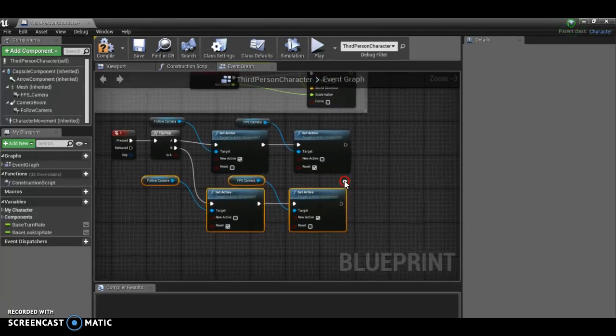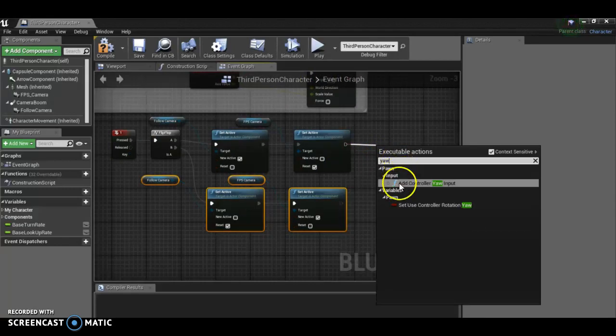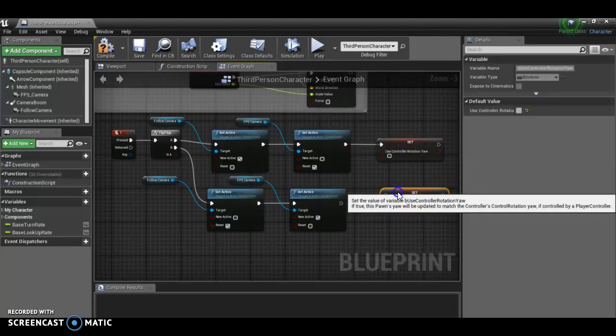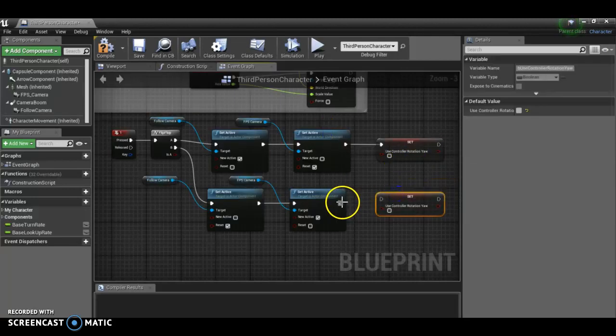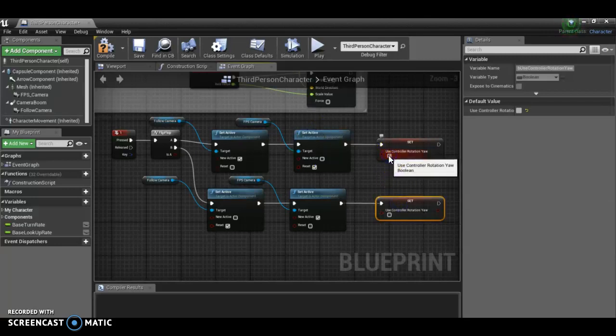And then just the last stage here, we just need to pull off from this one and type in YAW, and then under pawn we've got set use controller rotation, so we can tick that, and I just want to do the same again, so Control W will repeat that. I get the same actor again, connect this up, and I'm just going to check the box on this one and leave this one unchecked. So now if I compile